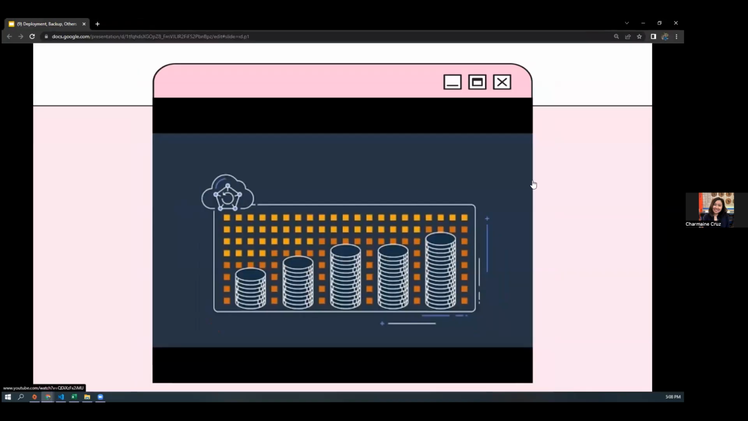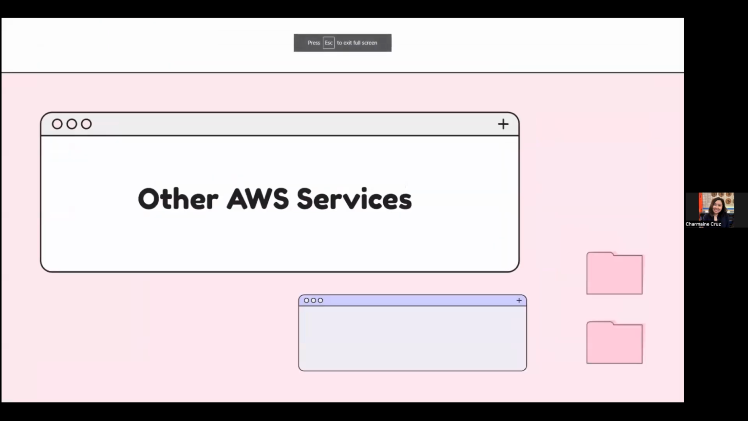Okay, so that is AWS Backup. We're almost done with our presentation. And the last item is other AWS services. We will discuss analytics, mobile, machine learning, enterprise. Actually, we'll just define what services are available for each category. So let's start with